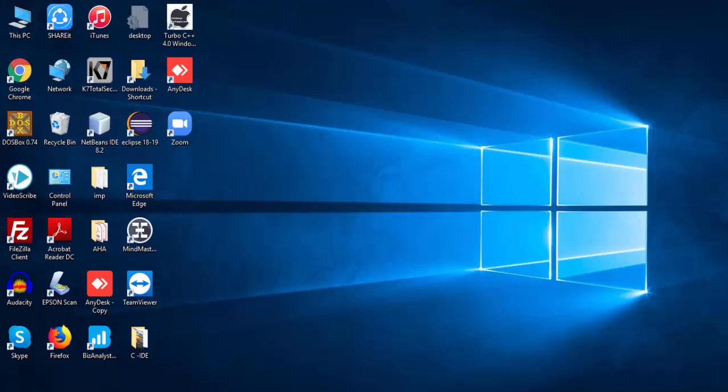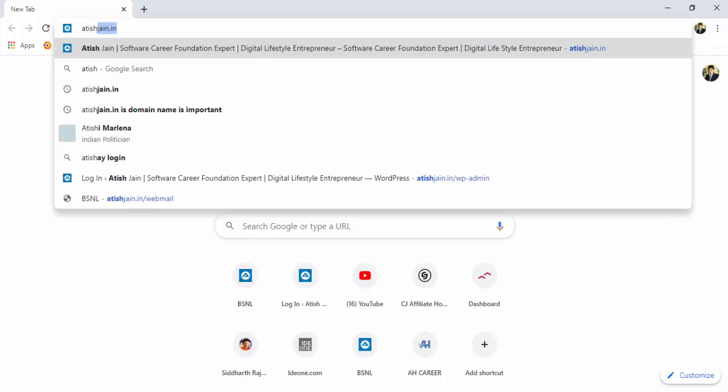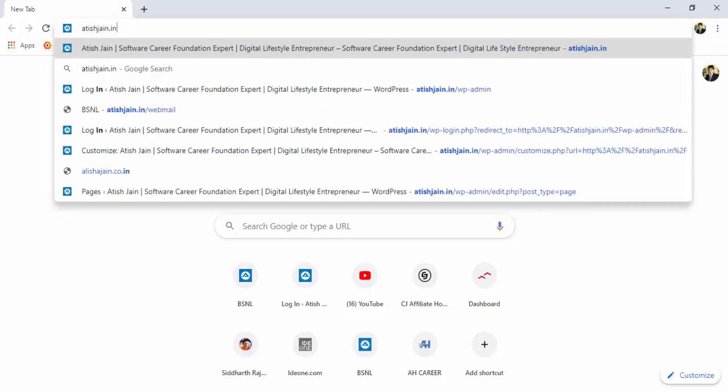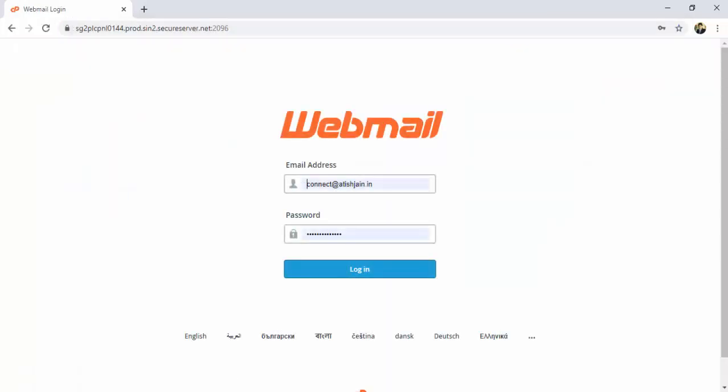Now I'll show you how to log in into your business email. To log into your business email, open your browser, then give your domain name followed by / and webmail. This is how you need to access your business email. contact@atishjain.in is the email address, and I am giving the password.